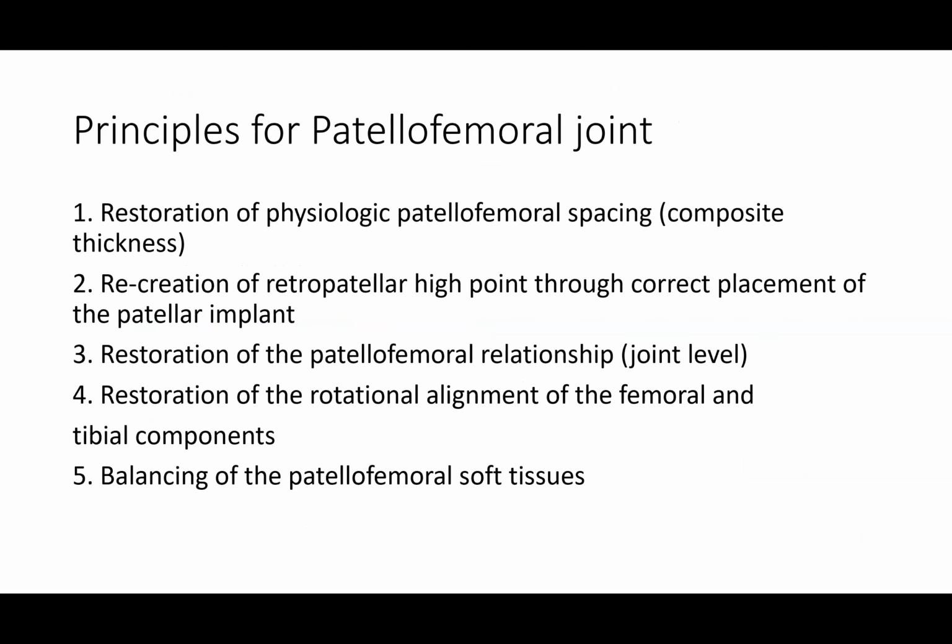Coming to principles of patellofemoral joint resurfacing. First, there must be restoration of physiological patellofemoral spacing, that is the composite thickness. Then the recreation of the retropatellar high point through correct placement of the patellar implant. Then restoration of the patellofemoral relationship, that is the joint level. Then the restoration of rotational alignment of femoral and